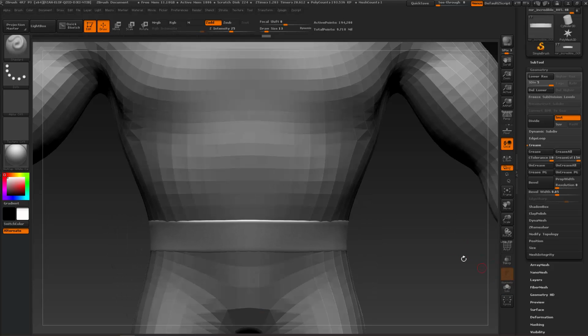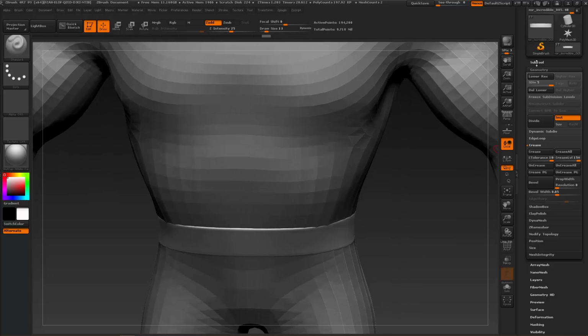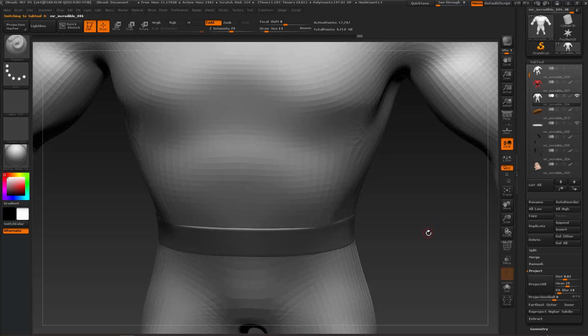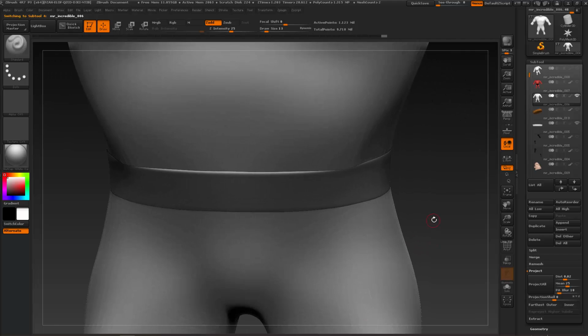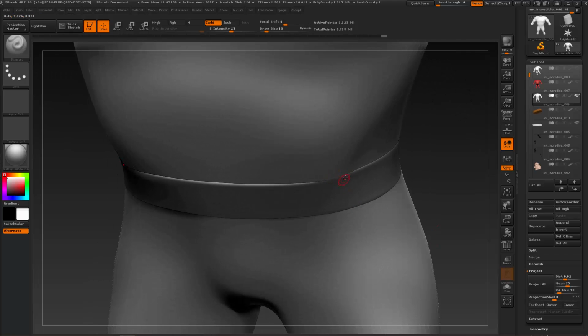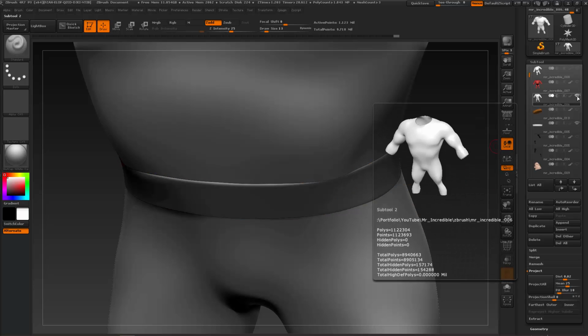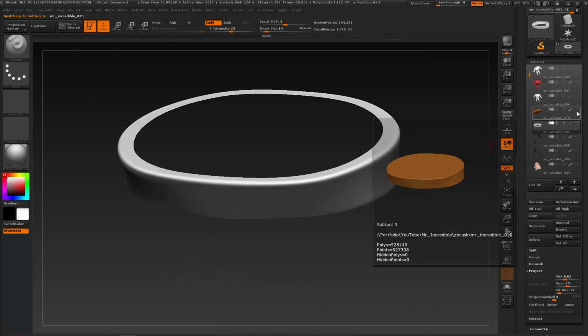Let me bring up the body, and I'm going to click on the body as well, and by pressing D I can go up in levels. Now as you can see here, there's a little bit of misshaping going on, but I believe the reason is because I haven't projected yet onto the original object. So what I'm going to do,